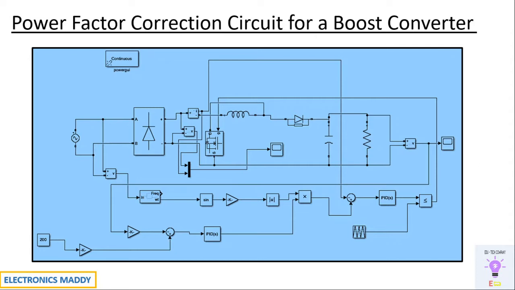So one of the major objectives of our circuit is to ensure voltage and current are in phase with respect to each other, and when they are in phase we usually call the power factor close to unity. Practically, it's not easy to achieve a power factor equal to unity, but we will try to